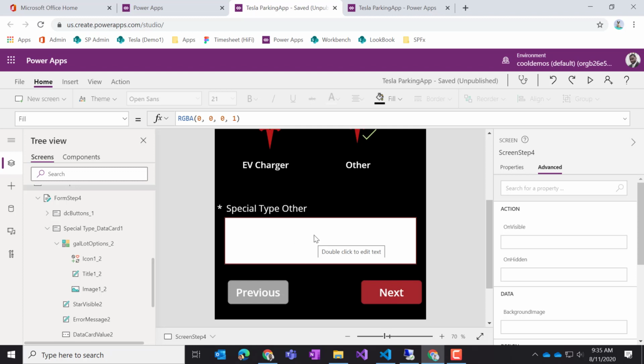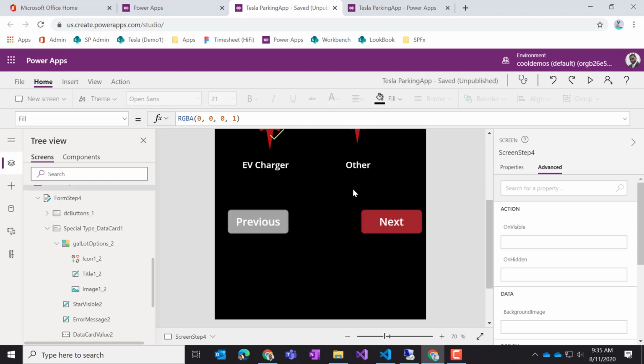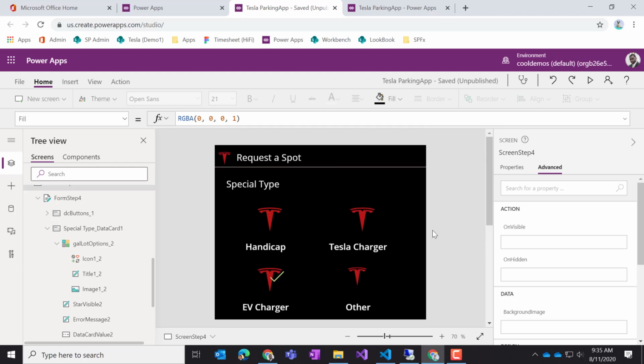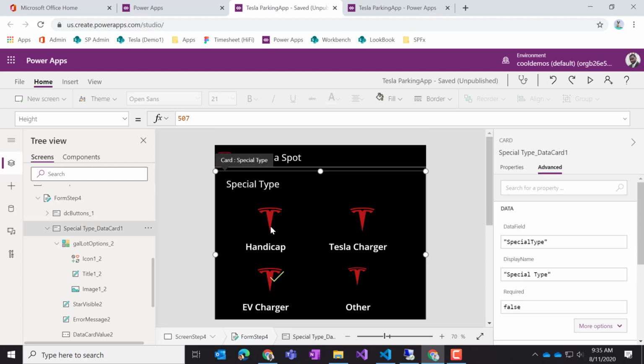On the flip side, if it's not displayed, meaning that they did not select other, there's not going to be a validation check. They're going to be able to go next because other is not selected, so we're not going to make it required, and that's just a natural way of doing things. Pretty easy, pretty straightforward. Okay, lastly, before we wrap up, the big one that we really want to try to